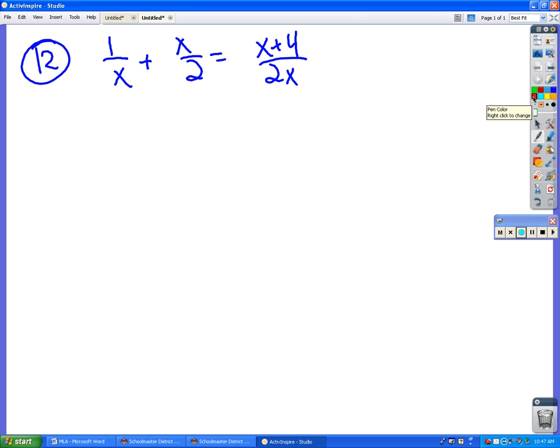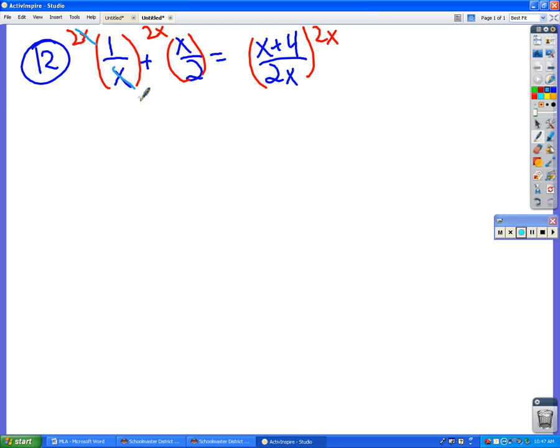All right, number 12. What do I need to multiply everything by? 2x. Okay, so I'm going to go 2x here, 2x here, and 2x there. And maybe that'll make more sense than what we did yesterday. Yesterday I put the thing on the left in one big parentheses and then distributed the 2x. I'm going to put a 2x by every single term so that now as I go through I can say